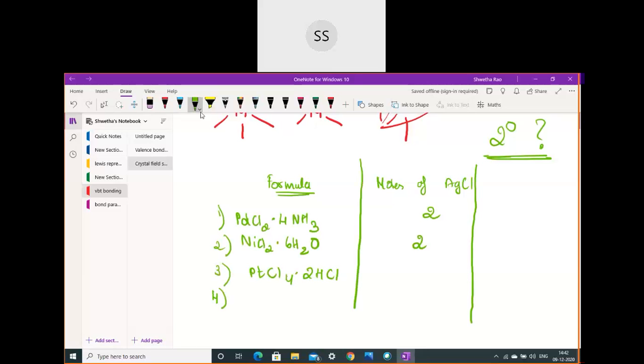See, one is PdCl2·4NH3, then I will write 2 here. The complex we will write after this, so you can leave one more place on this side to write what that complex will be. The answer we will write here. Second one, you can think till then. I am writing a few complexes on the side. So tell me what the secondary valences are. It's just a number, you just have to type a number. See the observations correctly. I'm not asking you primary valences, I am only asking secondary valences.